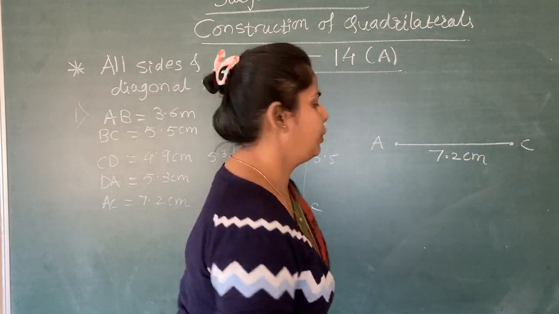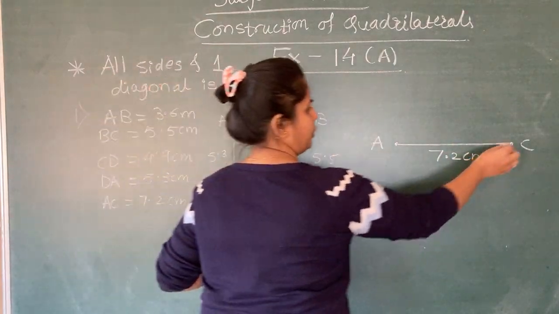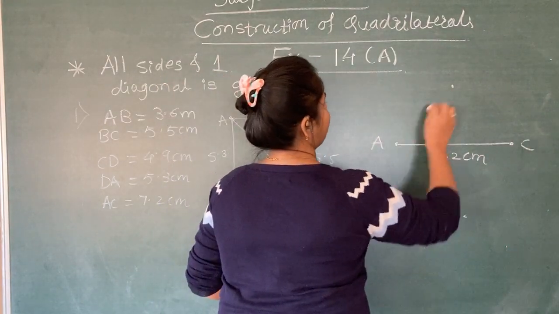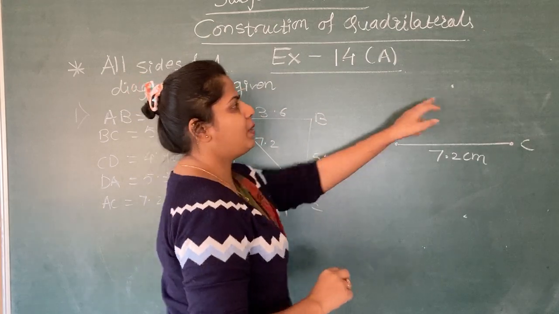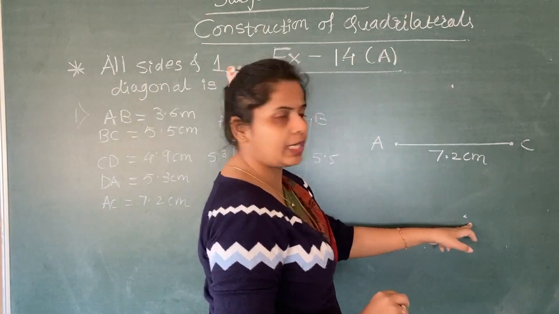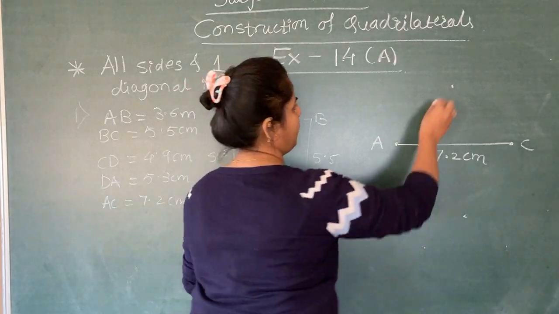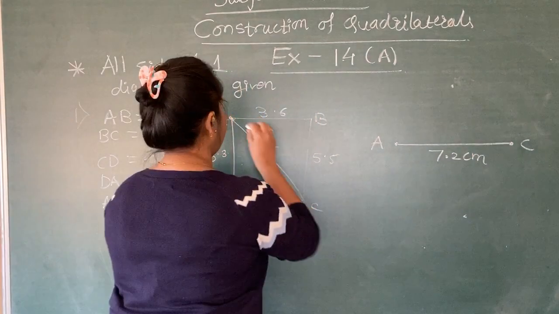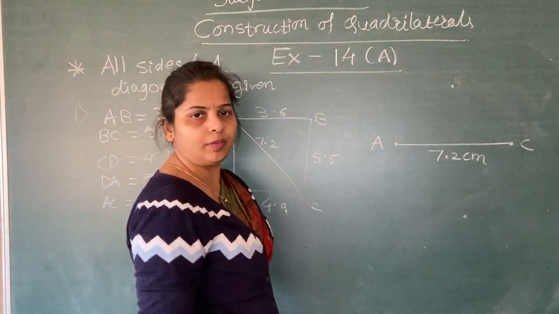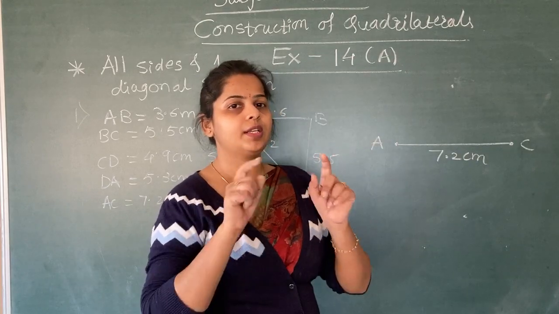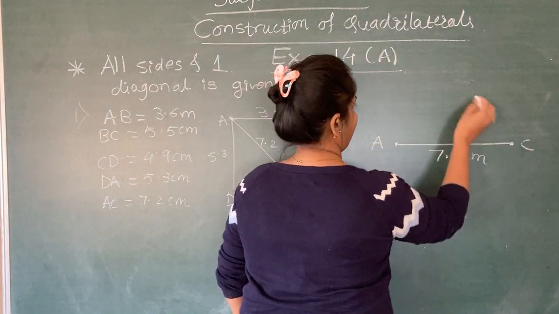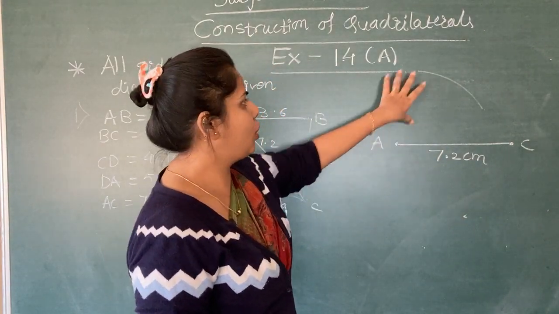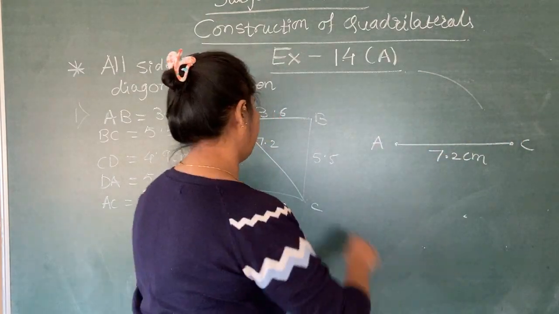Now AC we have from A to C. एक साइड में B मिलेगा, एक साइड में D मिलेगा, right? So A to B distance is... यहीं पे क्यों आएगा? यहाँ पे नहीं आ सकता? बिल्कुल आ सकता है. That is your choice. आप चाहो यहाँ भी लिखो, आप चाहो यहाँ भी लिखो. It's just that the distance should be correct. A to B distance is 3.6 centimeter. Now take a distance equal to 3.6 in a compass and draw a random arc. Keep the pointer at A. Draw a random arc of 3.6 centimeter.